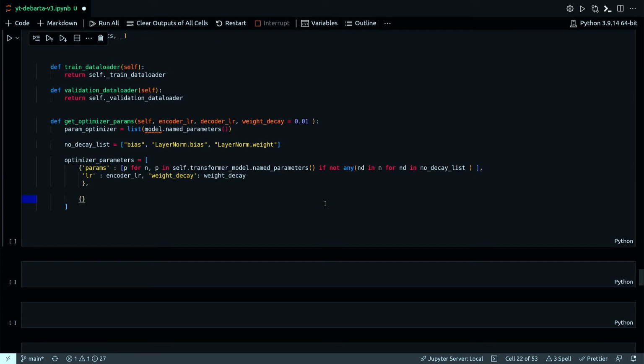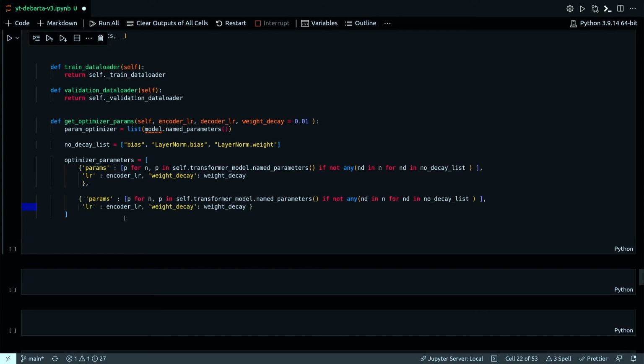And the next one, I can actually copy this thing, then change a few things. for n, p in self.transformer.named_parameters. And now it will be the opposite. If any nd in n for nd in no decay list, right?